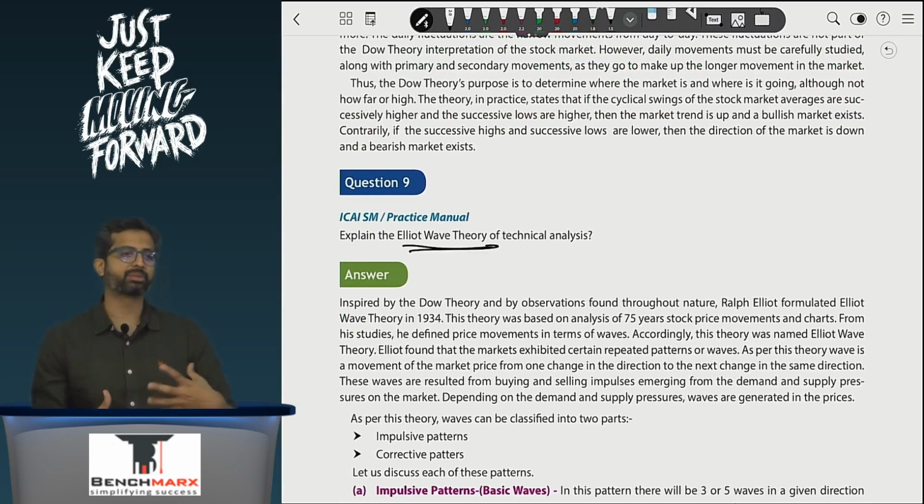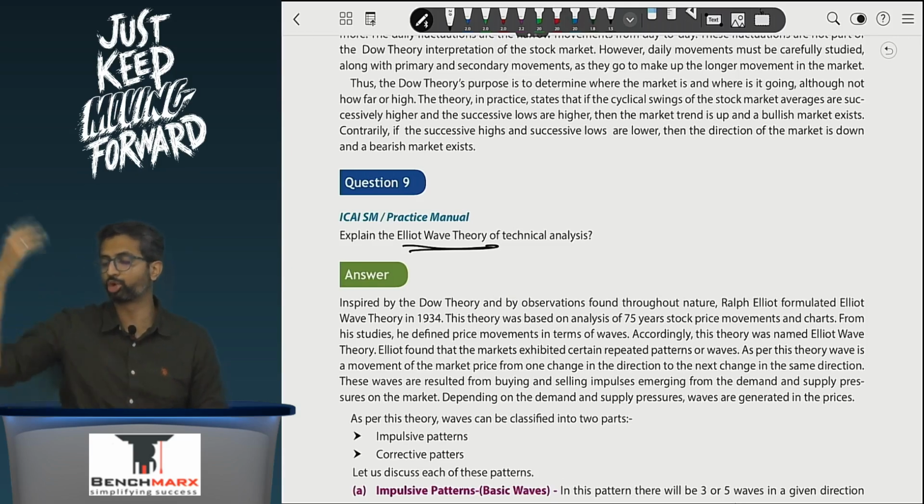So पहले हमने क्या बोला, random walk. Random walk means the market movements are random. Share prices don't depend on what is happening in the past. Then we moved on to Dow Jones theory, where we said that we look at a couple of averages, and based on that we see how they have moved over the longer term, primary and secondary. And then there is Elliott wave, which is kind of a refinement of Dow Jones theory only, where they say